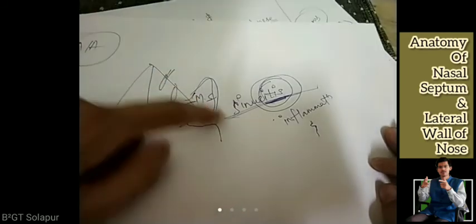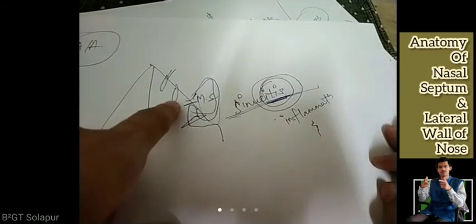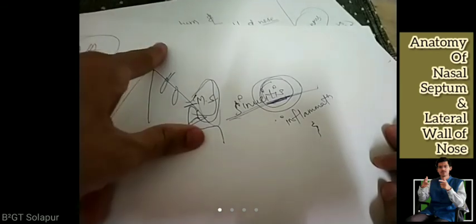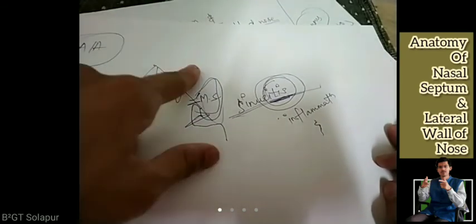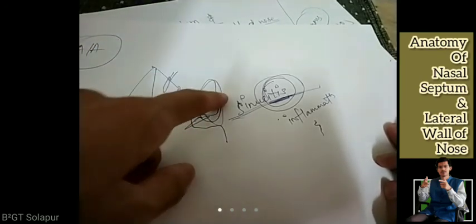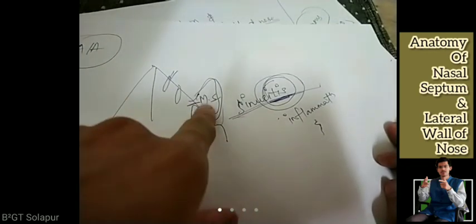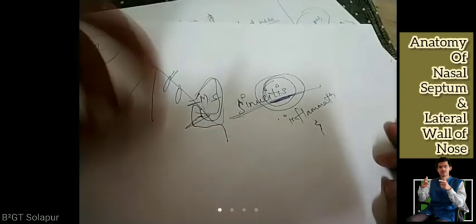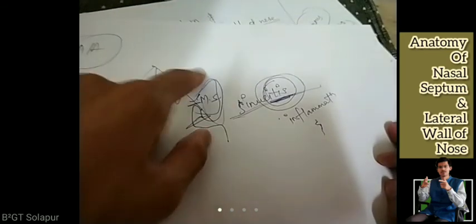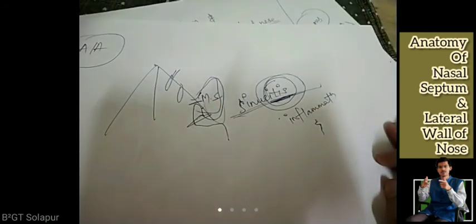Sinusitis can also happen if bacteria are there. Suppose you inhaled the bacteria, it went inside through this channel into the sinus. It can go into the frontal air sinus, the ethmoidal air sinus, or the sphenoidal air sinus. The bacteria can lodge here and start multiplying where the fluid is. It's getting enough food, multiplying and growing, causing infection, pus formation, blocking the way, and it weakens your bone, as we saw in the septum part.